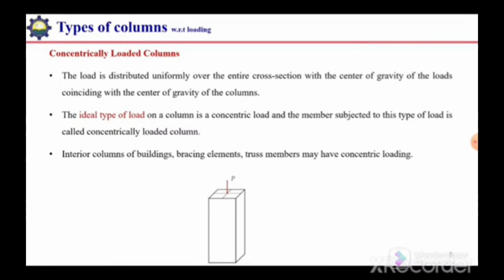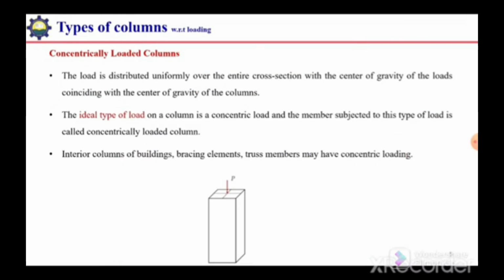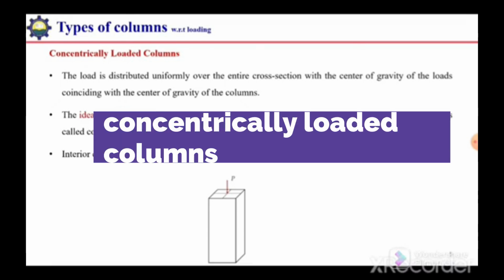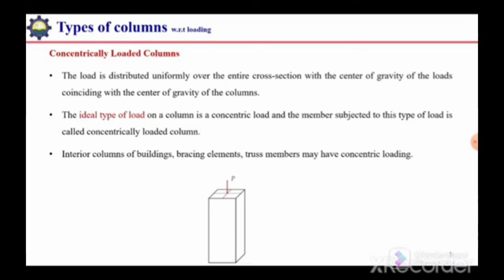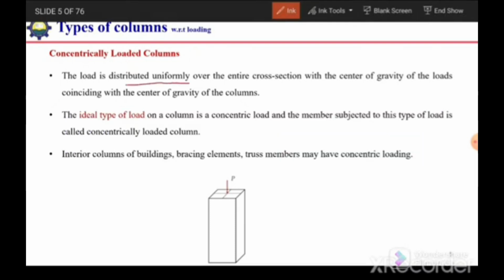This is the types of columns with respect to loading. So there are two types of columns based on the type of loading. The first one is concentrically loaded columns and the second one is eccentrically loaded column. So in case of concentrically loaded column, load is distributed uniformly over the entire cross section with the center of